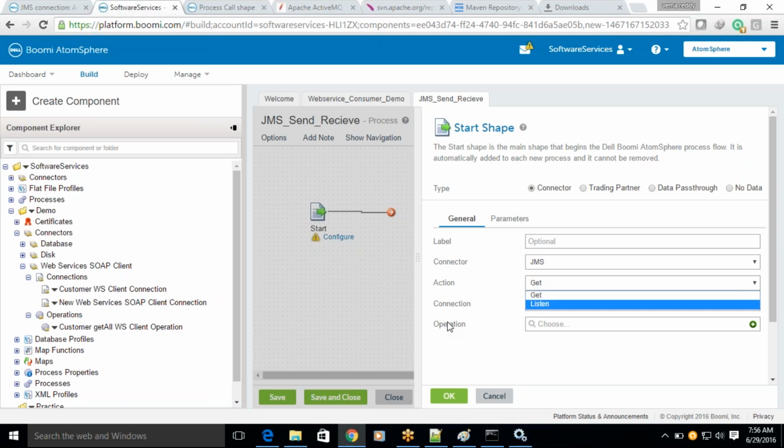What exactly does listen mean? What is the difference between get and listen? The listen should be configured in the start shape only. Get you can configure anywhere inside the process; we can drag and drop one more connector and configure it. But the main difference is, listen means as soon as one message